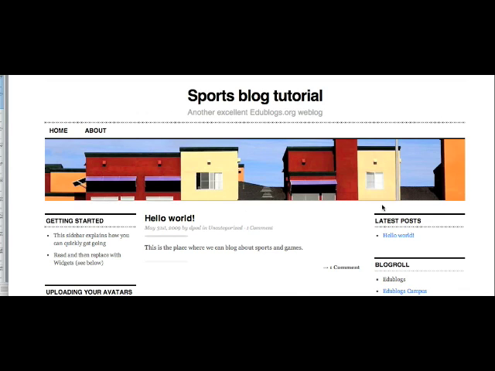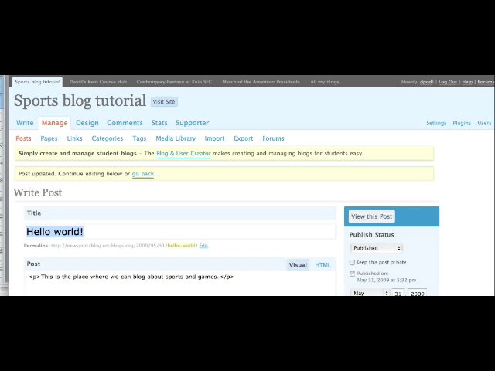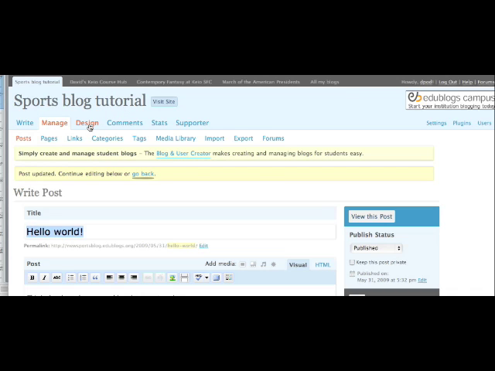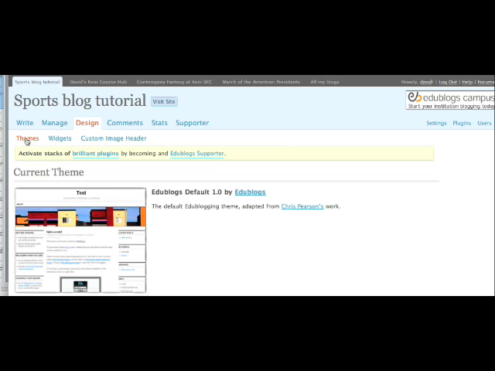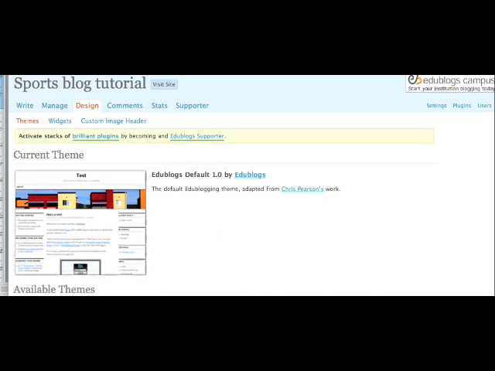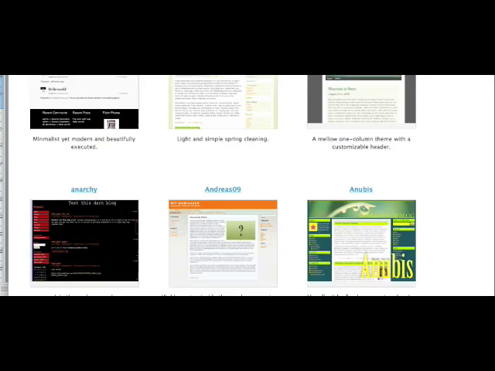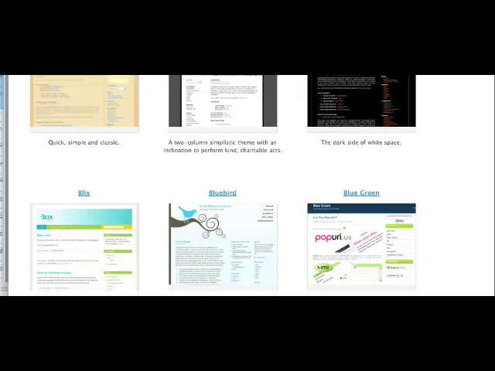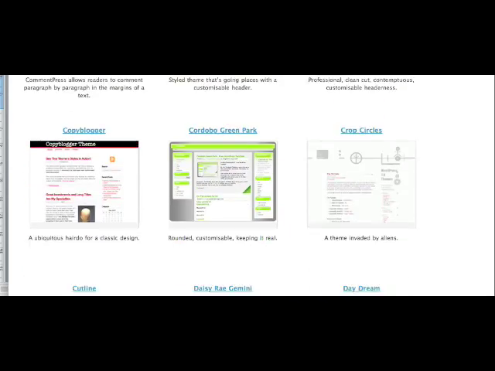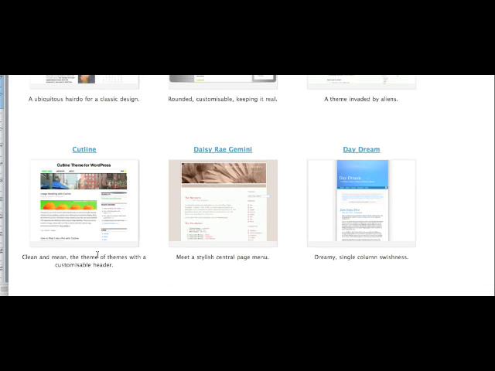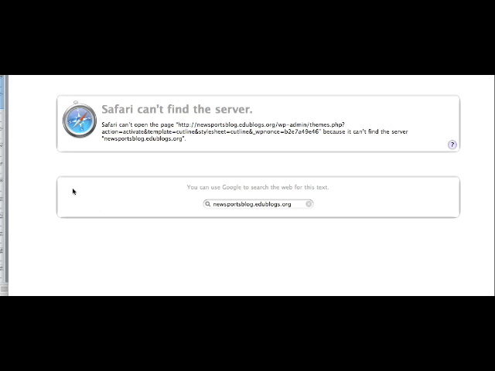I also don't like the format of this. I don't like the 3 columns. It's more than I need. So if I go back and I hit Design, I can customize the theme. That's the template. And the one that I use most often is one called Cutline. And that's right here. So if I click on that, oops,